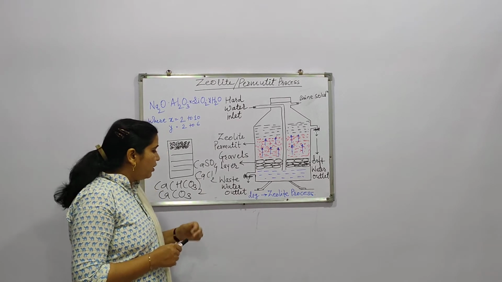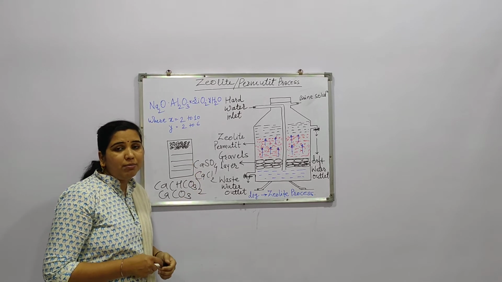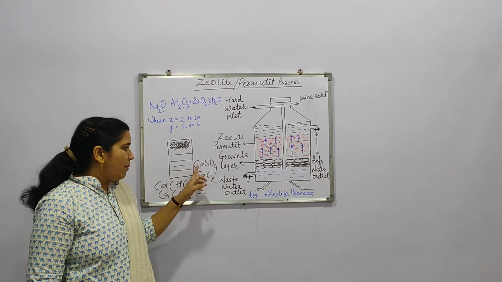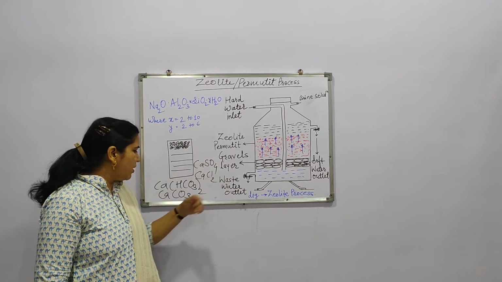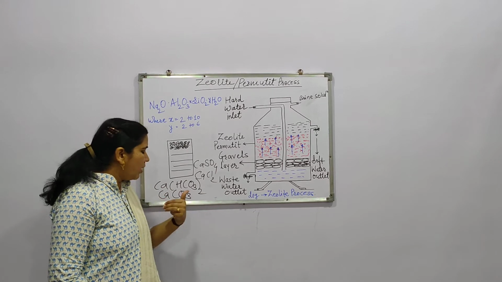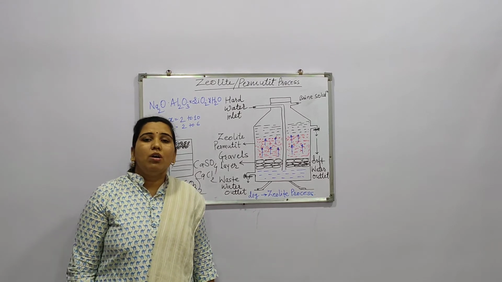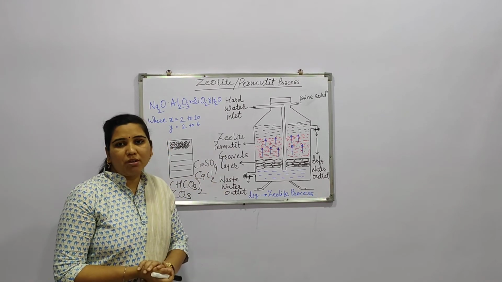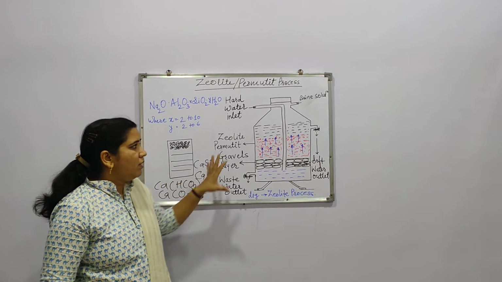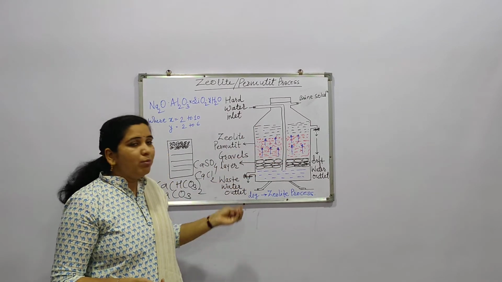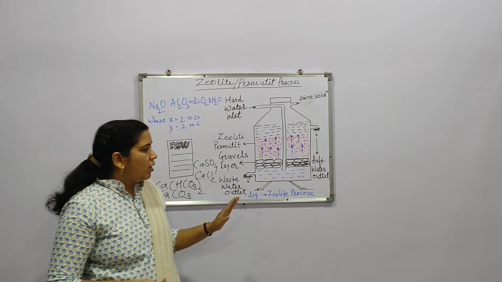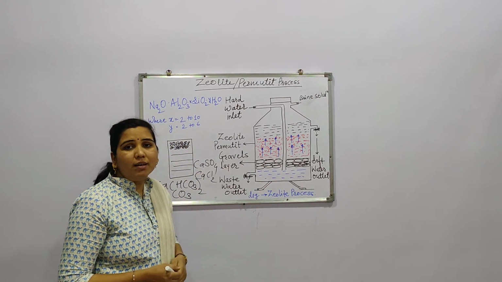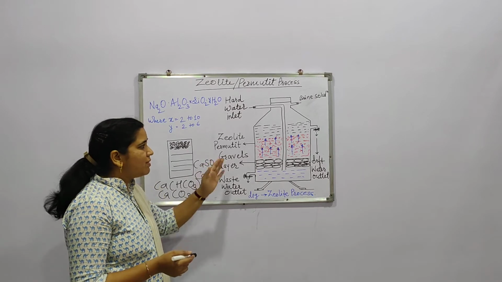Like that, if there are salts of calcium, there are a number of salts of magnesium also. Same type of salts are there: magnesium sulfate, MgSO4, MgCl2, Mg(HCO3)2 and MgCO3, like that. All salts should be removed by the process of this particular zeolite. So in this way, we have seen the diagram and construction. Now we'll move towards the reactions. Once this diagram is understood, then we can easily understand the reactions. Before that, we will see how it works.